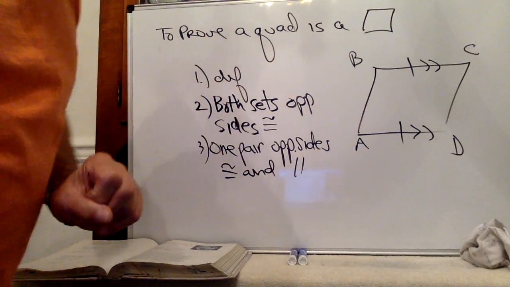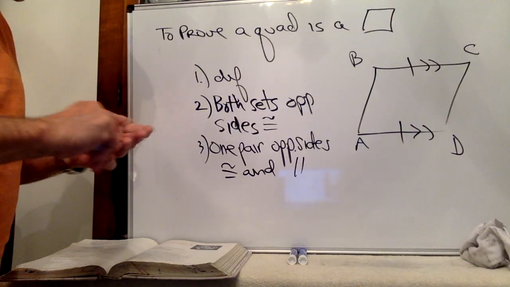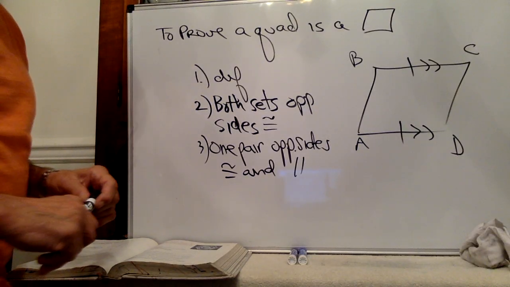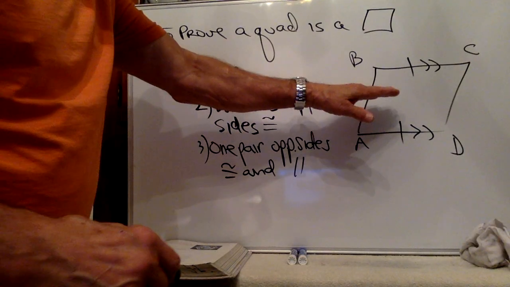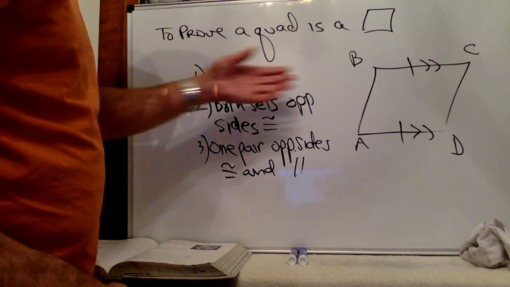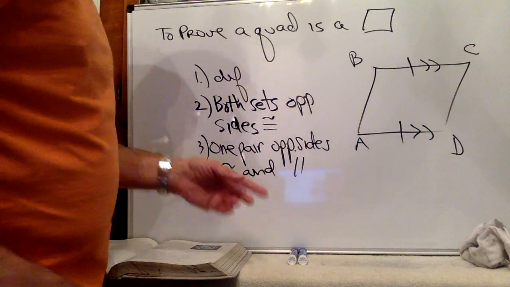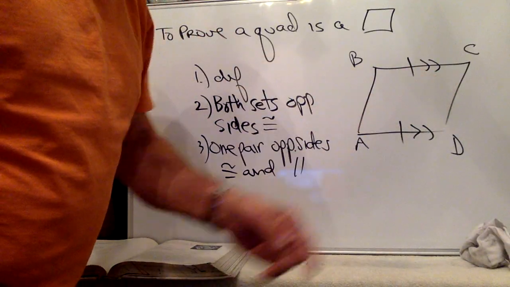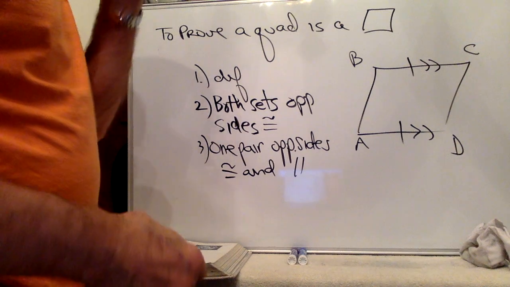I have one pair of opposite sides, both congruent and parallel. So in order to prove this one, I can use either of the ones above it. I can either fulfill the definition, get the other two sides parallel, or I can use this, get the other two sides congruent. And again,